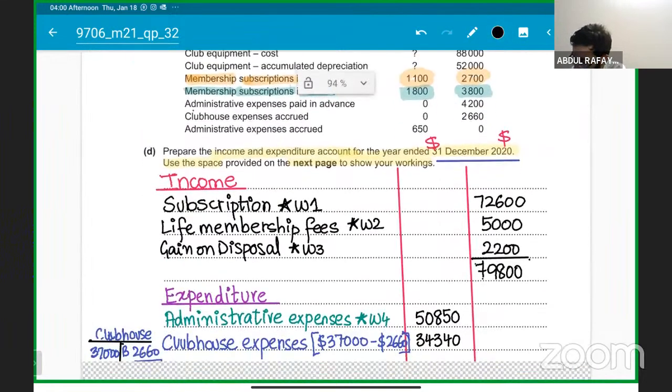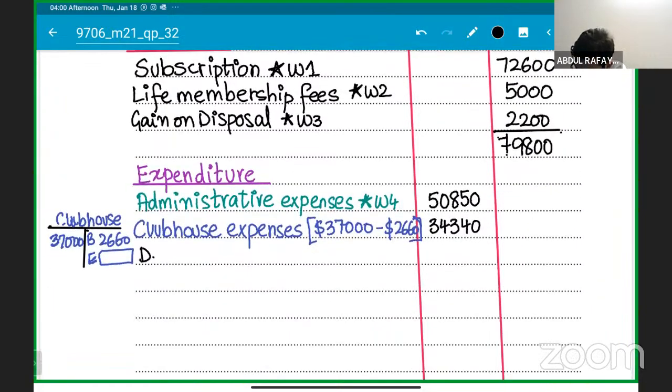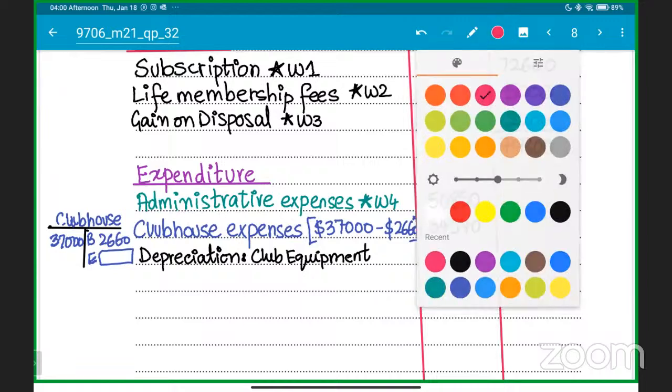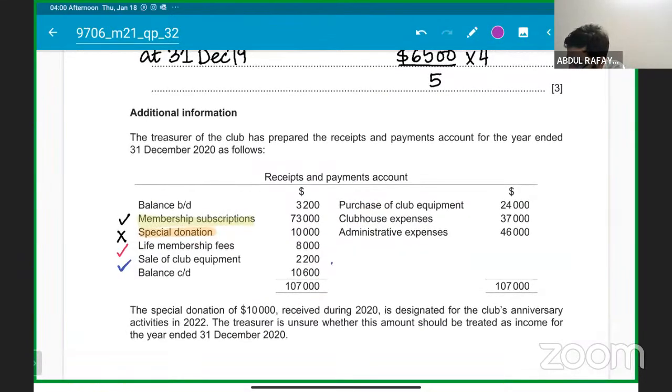Clear? So here we go. We need to find the depreciation. Okay, students, clear? So let's do the depreciation here since we have a lot of space left now. Depreciation will be done here for the club equipment. Guys, following, understanding? Yes. Okay, so here we go. We have two types of assets. One of them is the new asset. So you can do